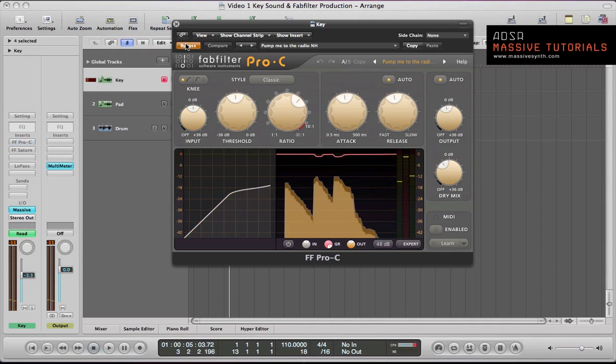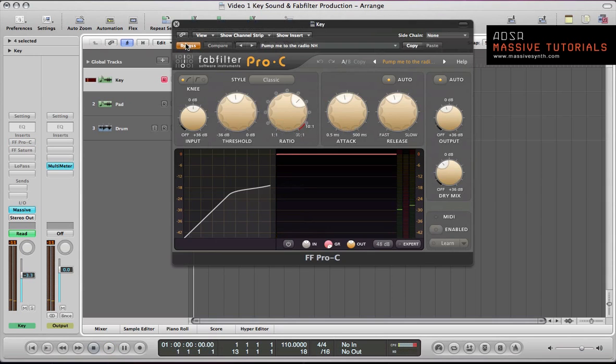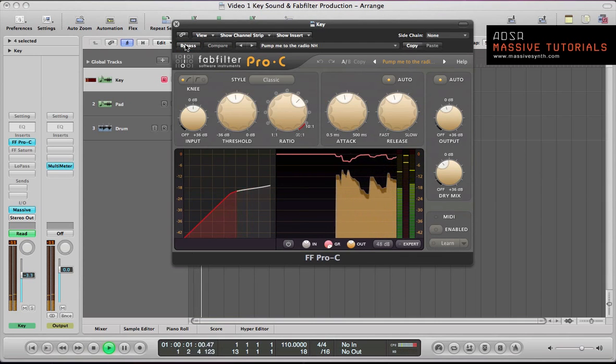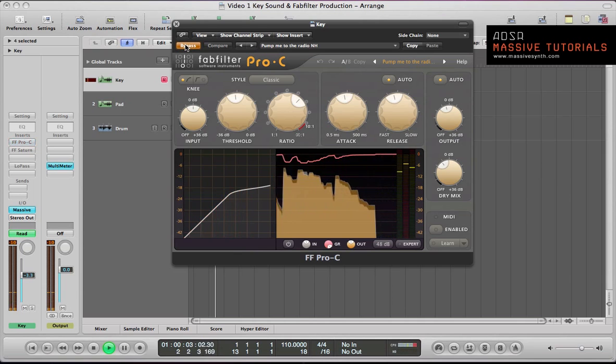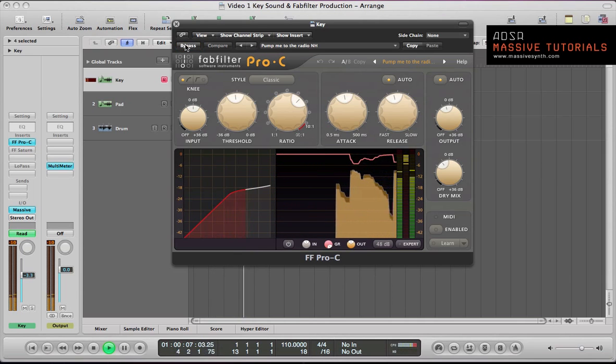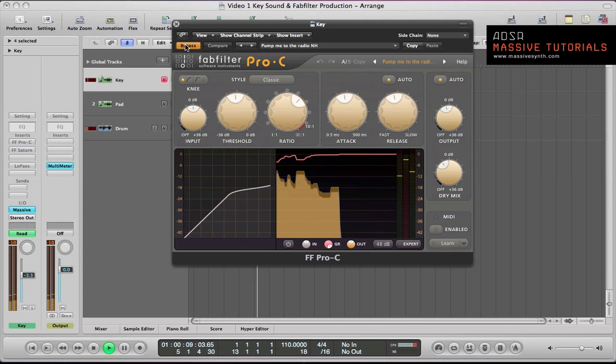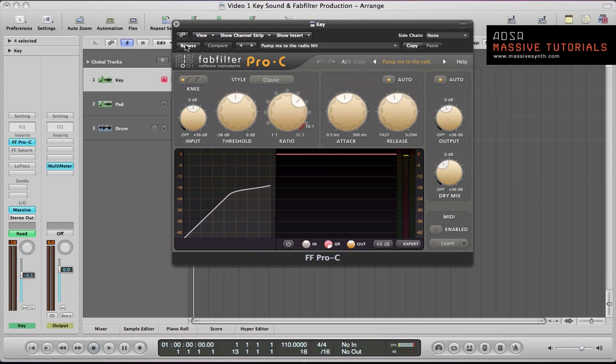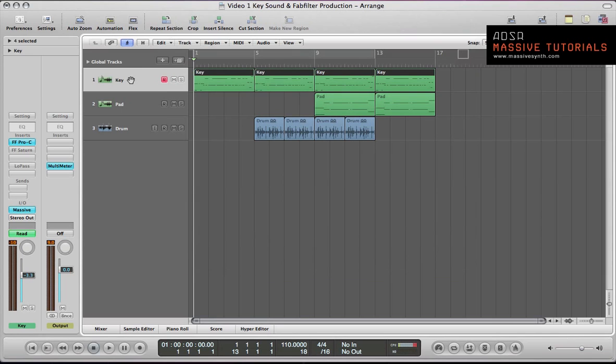And if I bypass this and unbypass this, it's quite subtle, but it's just helping the tone and the character of the sound. It's controlling some of those dynamics, but it's helping to shape the sound as well and help shape the tone of the sound. So next up with this, I added the Fab Filter Saturn, which